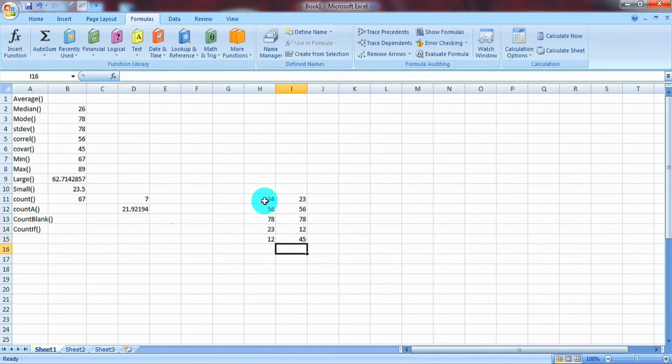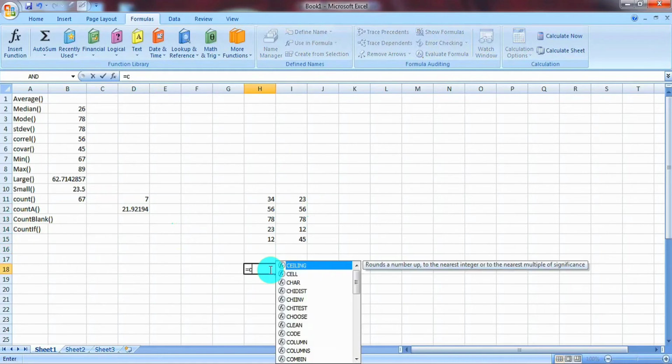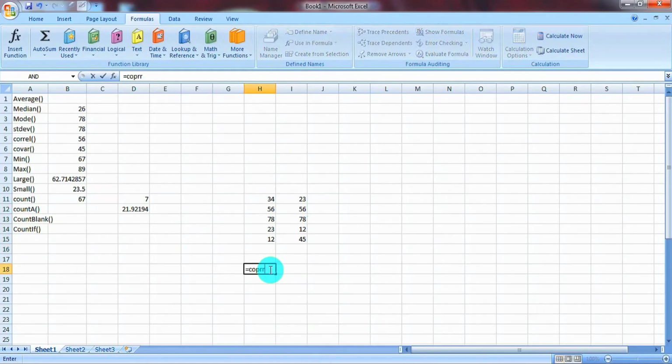To calculate correlation coefficient of these two arrays, we can write correl function like this. CORREL, array 1, this is our first data set, then comma, then array 2, second data set, then close the brackets.